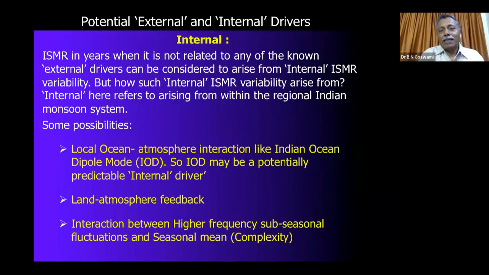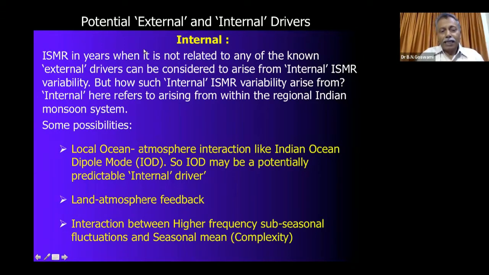What is internal variability? Internal here refers to variability drivers that are somewhat local in the monsoon region. Local meaning there could be local ocean-atmosphere interactions like the Indian Ocean Dipole mode. I would consider it internal to the monsoon system. So even if there is ocean-atmosphere interaction, it may be predictable. So the Indian Ocean Dipole mode may be a predictable local driver,